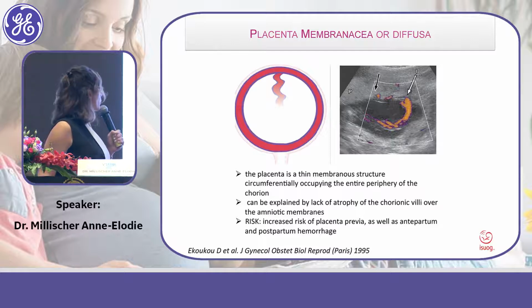And the main important risk is that it provides easily the placenta previa